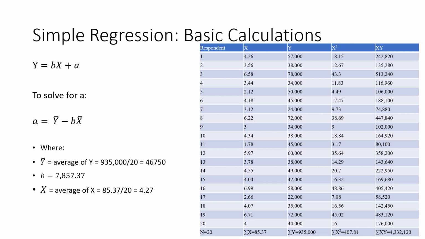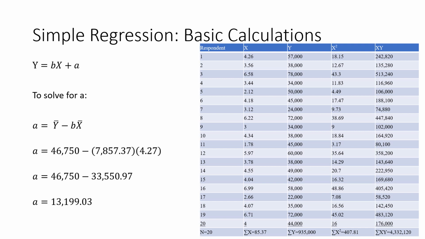So we can find this information here. So I've taken the liberty of calculating the average of y, that's 46,750. The average of x is 4.27, and of course we already know b. So taking the equation from the previous slide and solving for a, you can simply plug in those numbers, and if you do the math, it's very simple math, a little bit of multiplication and subtraction, you discover that a equals